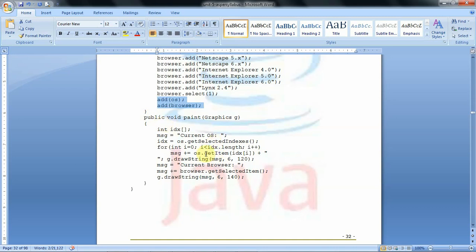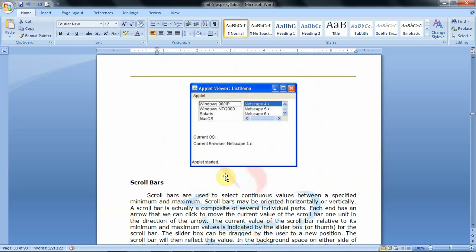Then to get the selected items or selected indexes of the list, we take them by using getSelectedIndexes. Then we print those indexes by using g.drawString. If you run the program, we get the lists like this, two lists.